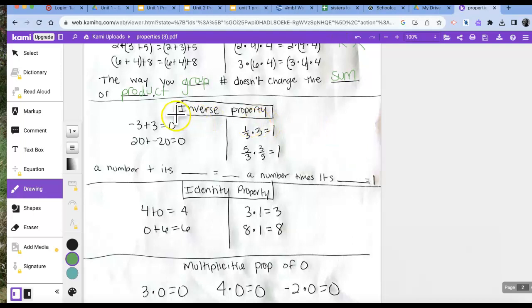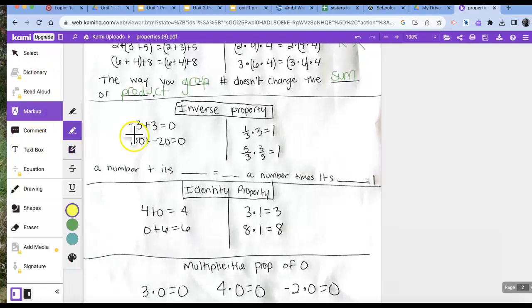All right, hopefully you paused. Here you'll notice that on this side, we have after the equals, a 0. So we have 0 over here, and here we have equaling 1. So it does matter depending on if it's addition or multiplication, but what you'll notice here too is we're adding